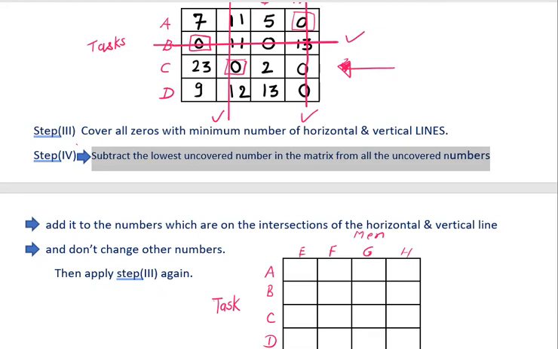So what is the smallest uncovered number? Smallest uncovered number is 2. This is the smallest uncovered number. So subtract it from all the uncovered numbers. So 7 minus 2, 5 minus 2, 23 minus 2, 2 minus 2, 9 minus 2 and 13 minus 2. We have to subtract it from these uncovered numbers. Then the next sentence is